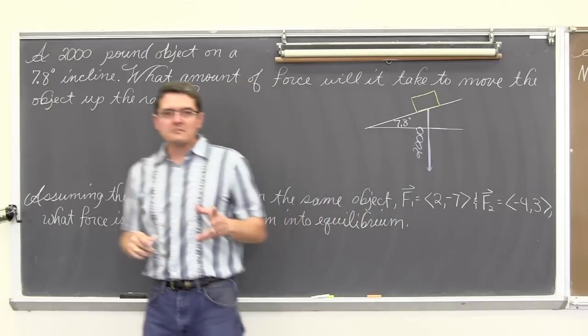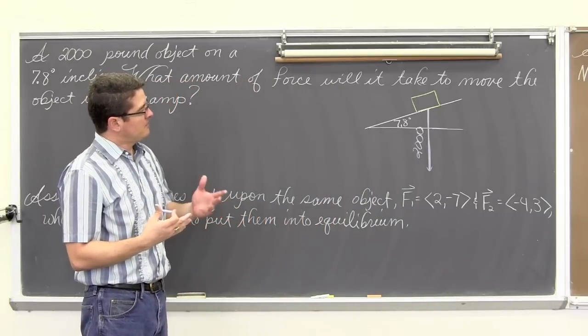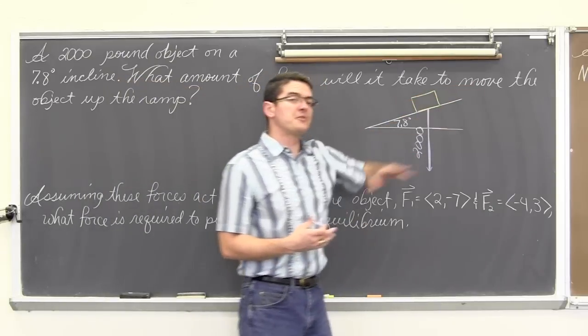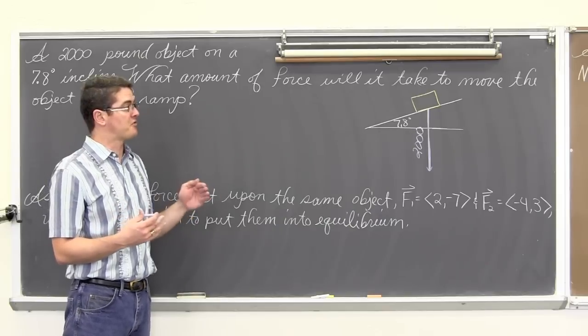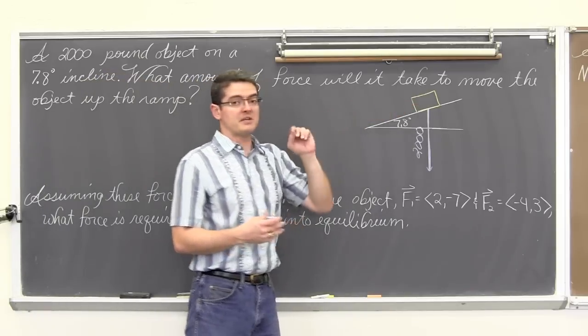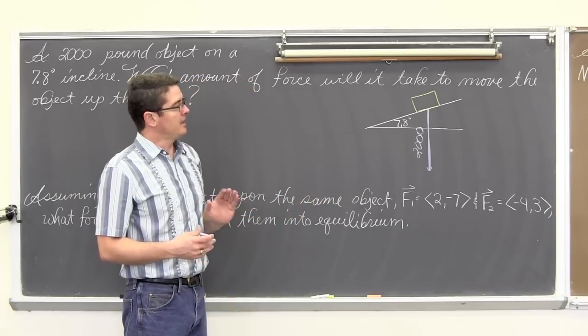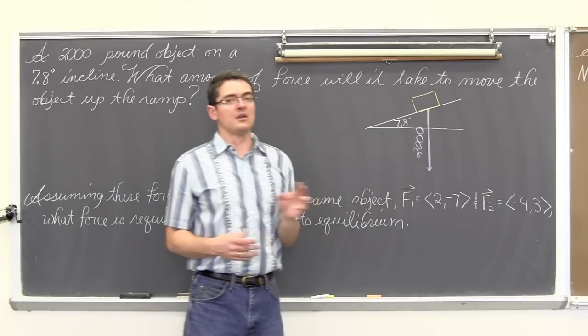Okay, now there's a couple of things going on here. We have the fact that you want to push this object up the ramp, which is going to start at break even. Basically, how much force does it take to get the thing to be stationary, and anything above that is going to push it up the ramp. And then, what kind of weight is this item actually placing on the ramp?